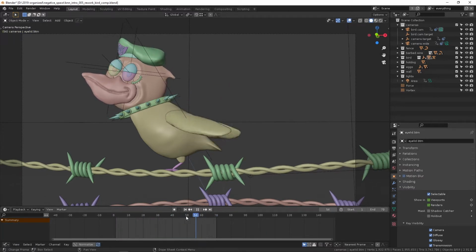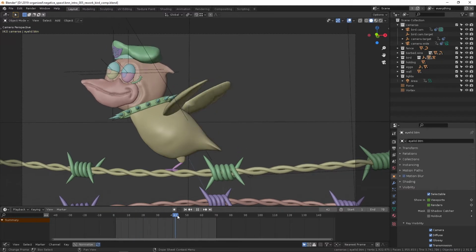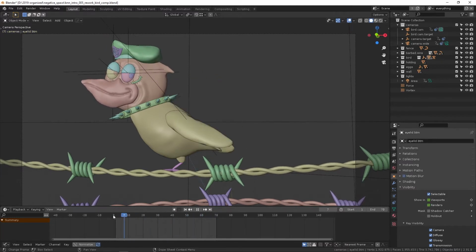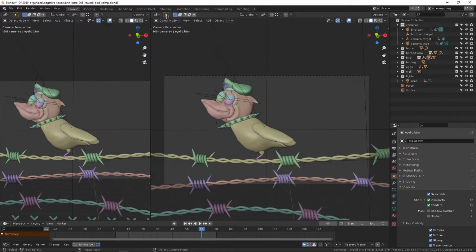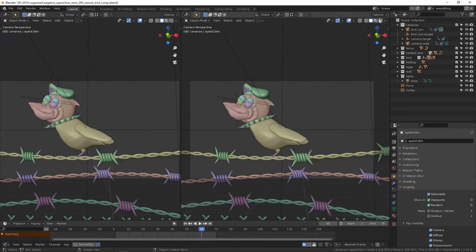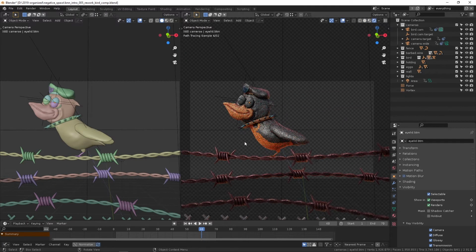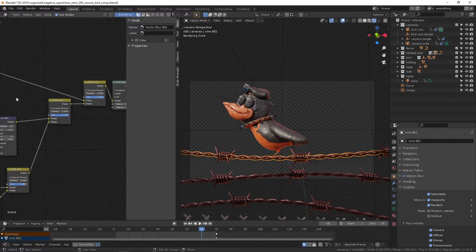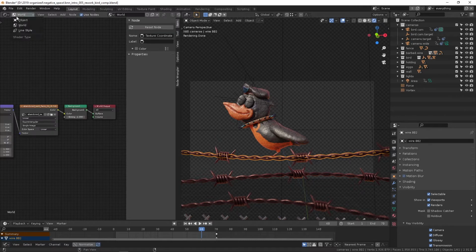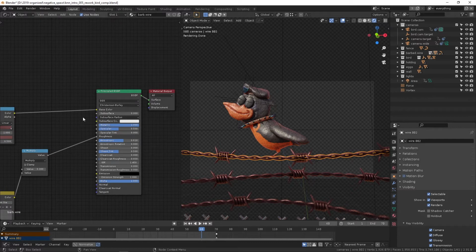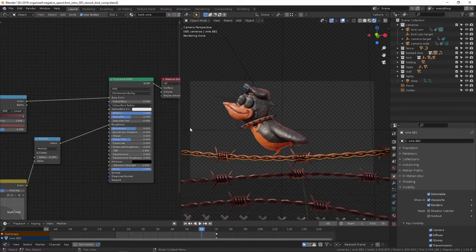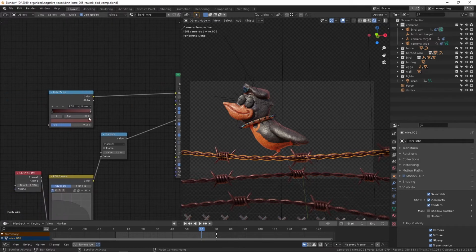I believe that is it for animation and camera and light settings for this portion of the animation. The next thing I'll go into is, I've already shown off all the materials and everything for the bird. If we go into the materials for the barbed wire, it's very much the same metallic principled BSDF here with the spikes, and the only difference is just a simple color ramp from dark red to light red